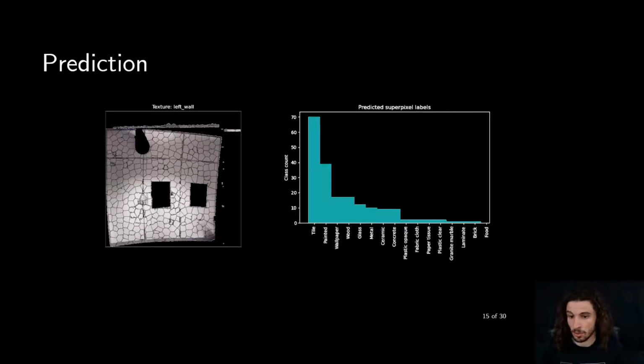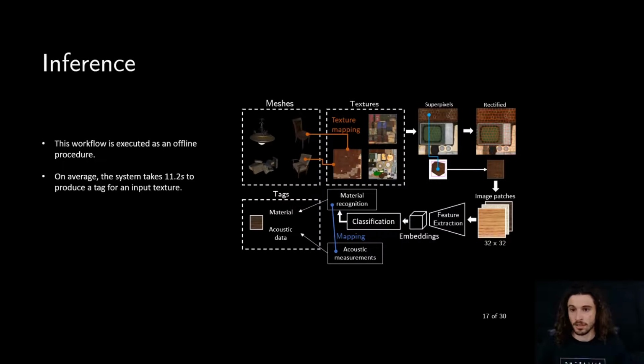As an example, on the left, there is a texture from a scene object subdivided in small patches, and on the right are the predicted semantics associated with each patch. So here, for instance, style is the most recurrent prediction determining the resulting acoustic material. This is an offline procedure that takes an average of 11.2 seconds for each texture, and the accuracy depends on